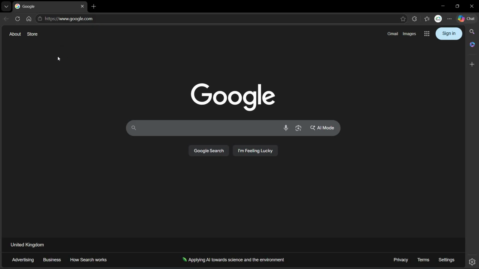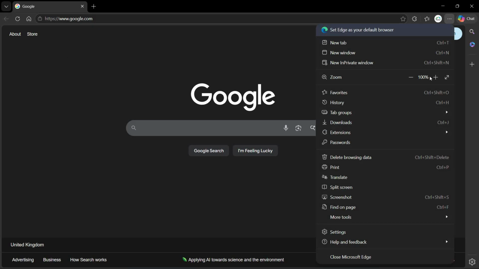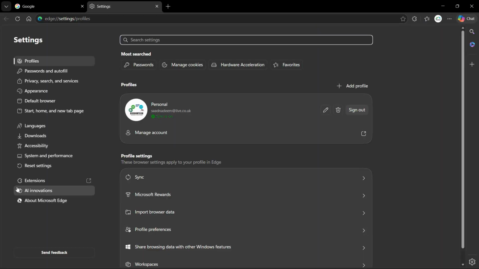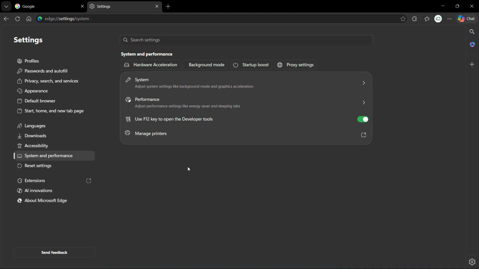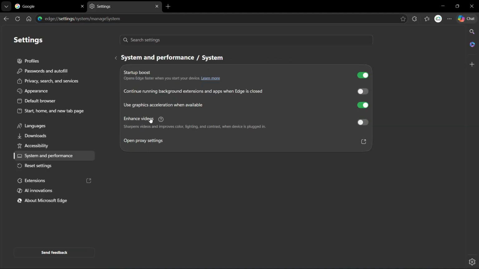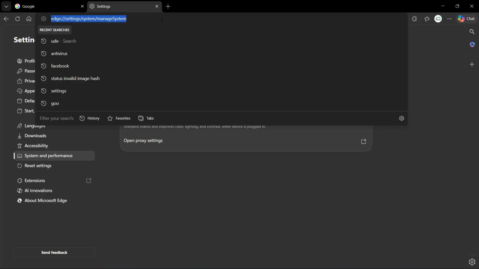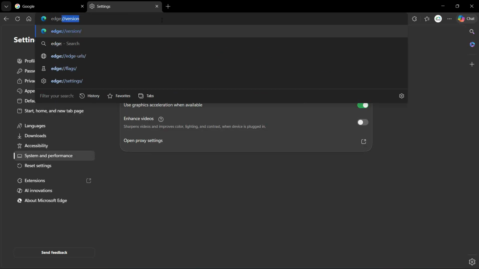So first of all, just open Microsoft Edge and click on the three dots on the right hand corner and head over to the settings. And on the left hand side, we have the system and performance option. Click on that. And from here, we click on the system and make sure to toggle on this use hardware acceleration when available. You turn this on, and now we want to write here edge: